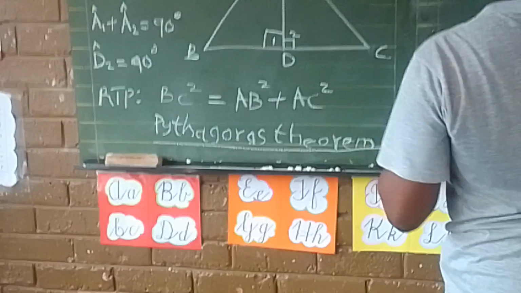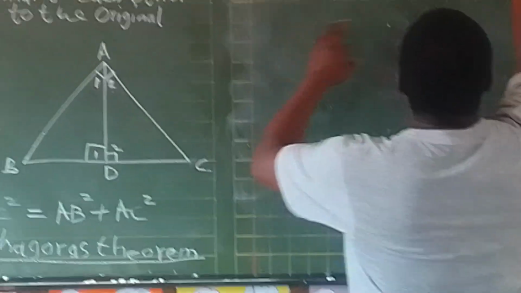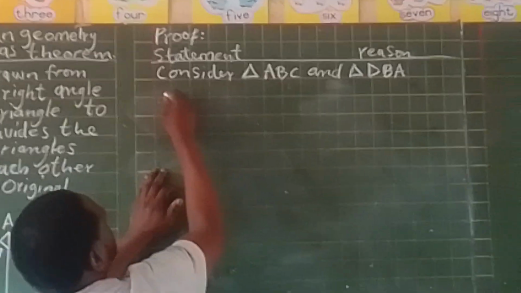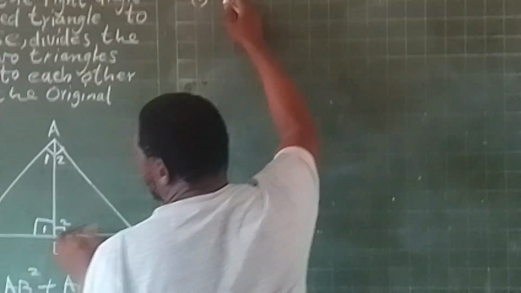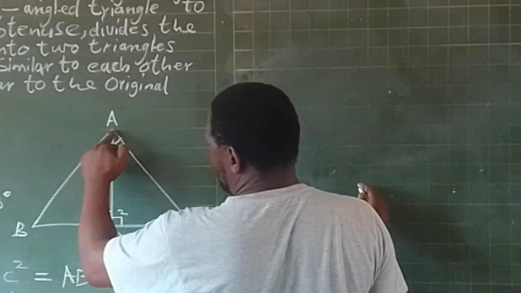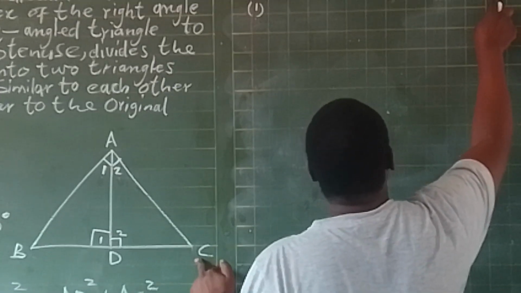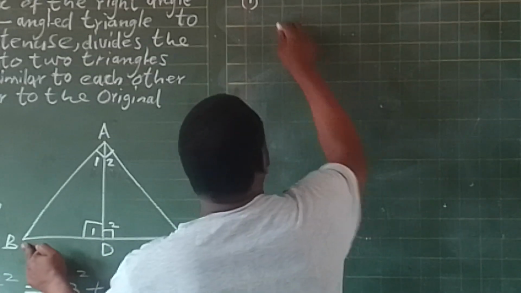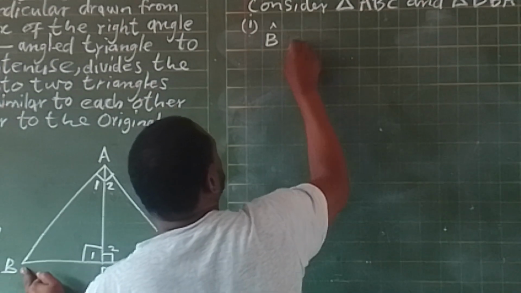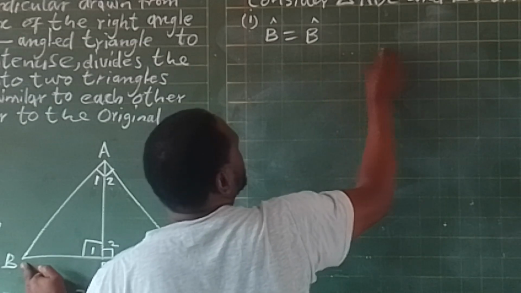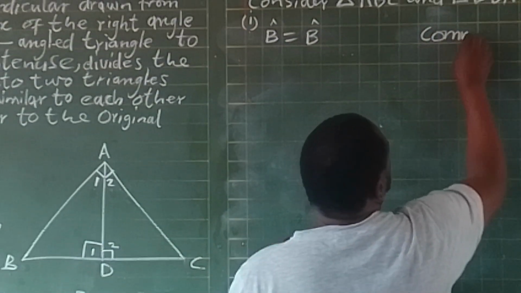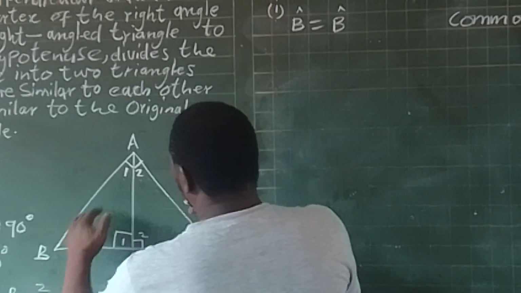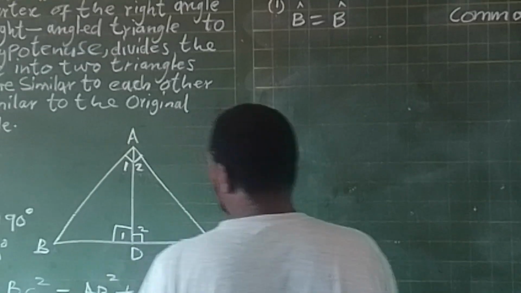We are going to consider triangle ABC and triangle DBA. We can see that angle B is equal to angle B. The reason for that is common. The second one is, for triangle ABC,